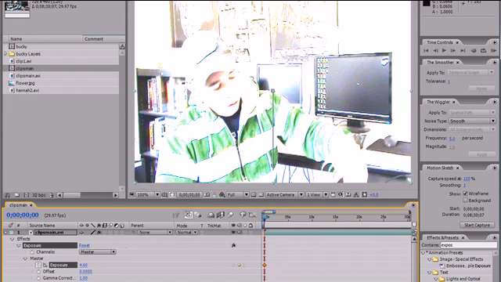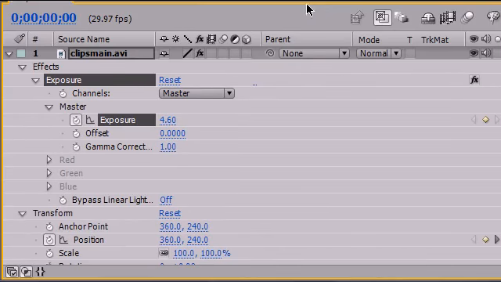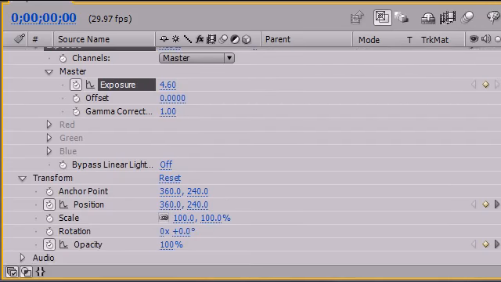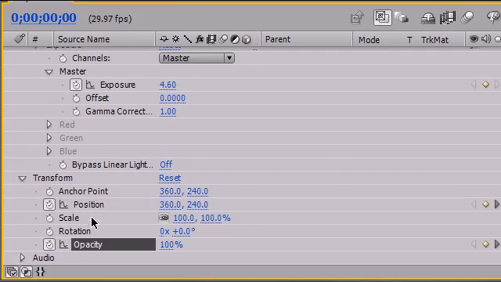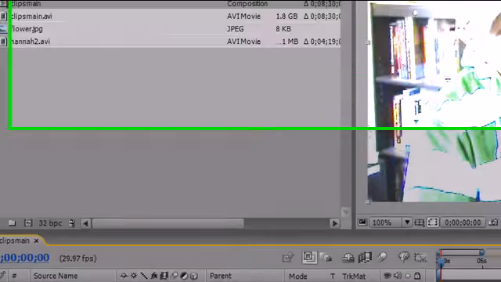So now let me show you guys what a preset is. A preset is a way where you can save all of these things so you can reuse them later on. Let me expand this right here, and there we go. Anytime you want to save any of these settings and apply it to another layer, all you have to do is control click the ones you want to use. So I want to use exposure, position, and opacity. I'm going to click opacity, hold down control on my keyboard, click position, and then click exposure. Once I have those selected, I go up to animation right here